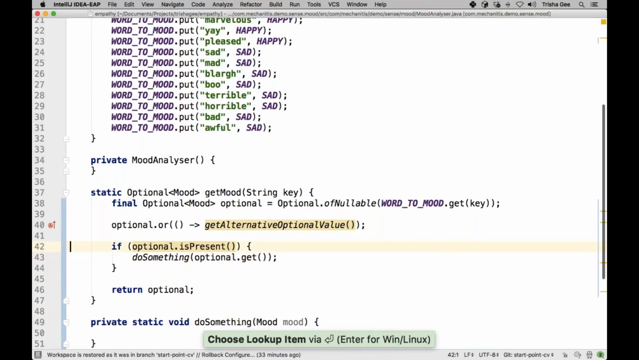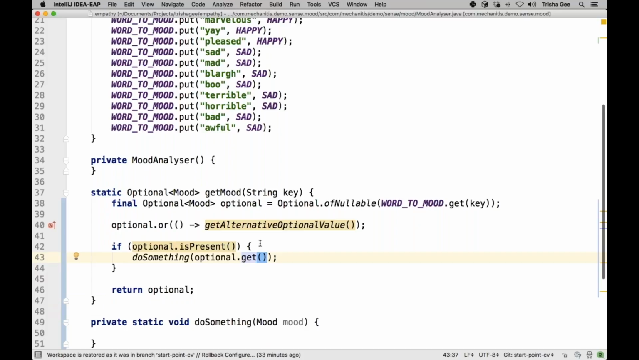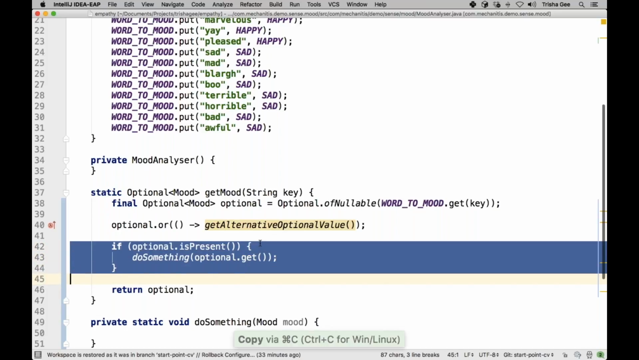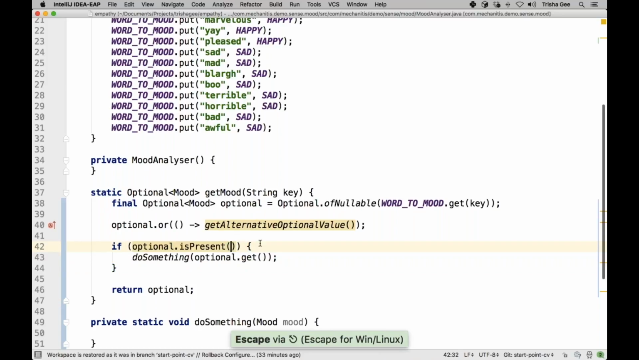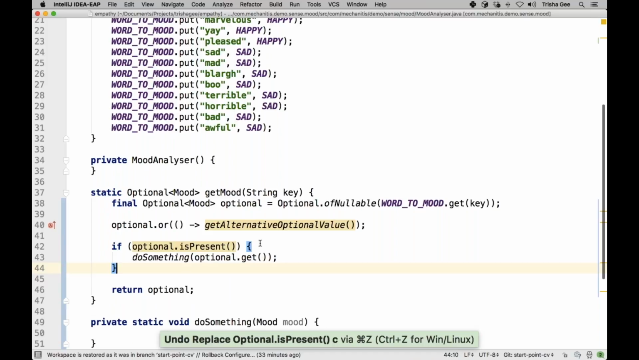So this is kind of the initial way that you start using optionals. If optional is there, then do something with the optional value. IntelliJ tells you, well, that's not a very Java 8 way to do stuff, so why don't you turn that into an if present? That's kind of fine, that's nice, it works reasonably well, except for when you wanted to